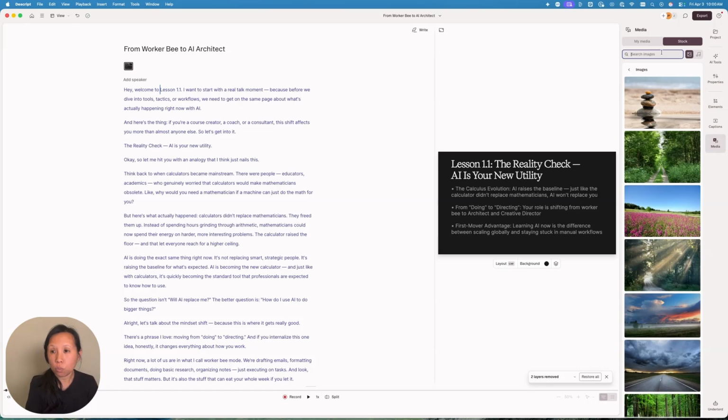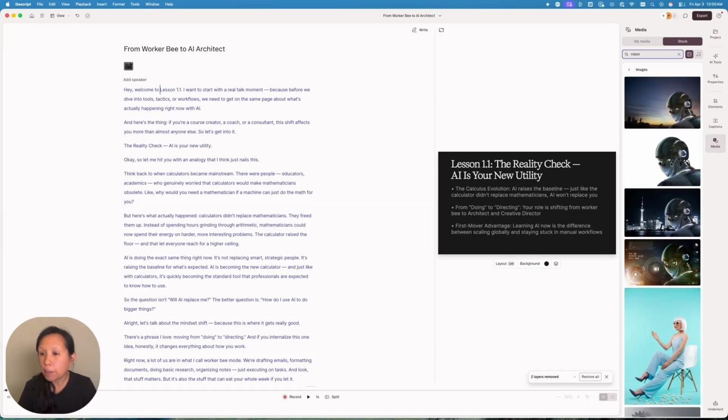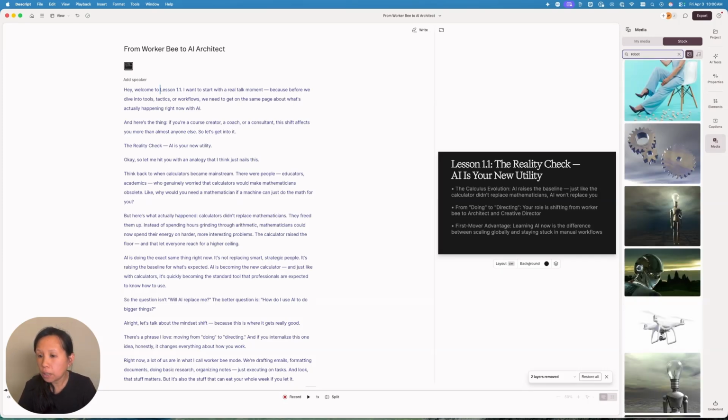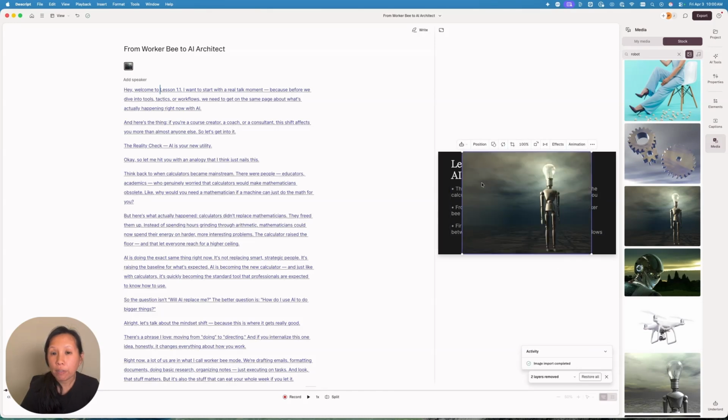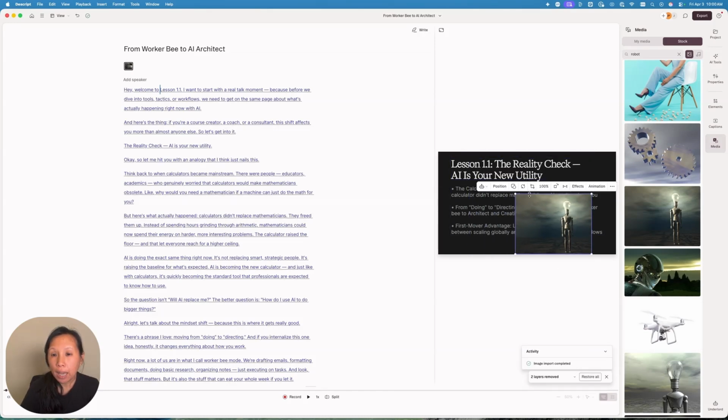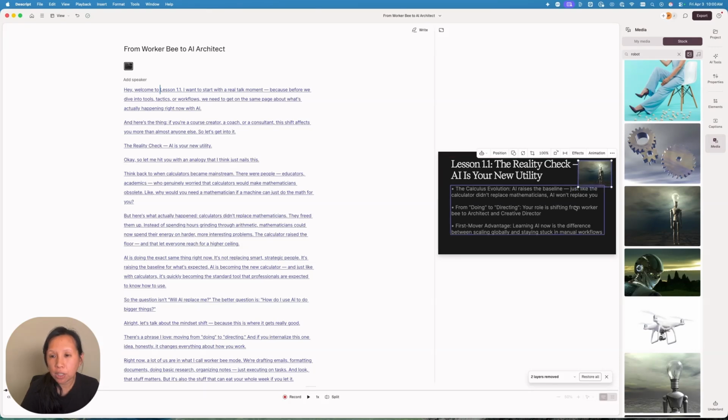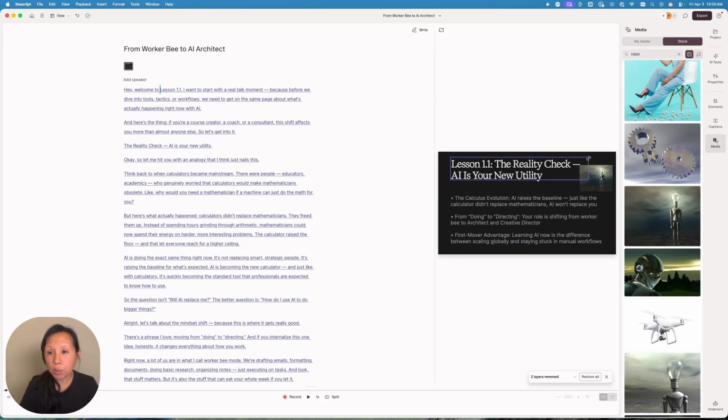Let's just say like robot. You can look for a robot image. Maybe we can find something interesting. So now we can add this to our slide if we want. So they're going to add this, and then we'll have to customize this. And we'll just put it here or something, just for fun. It's just a demo. And then we'll move this down. Let me tweak this a little bit. There. So now, if you're just using AI, you have your first slide, and now Underlord has done an amazing